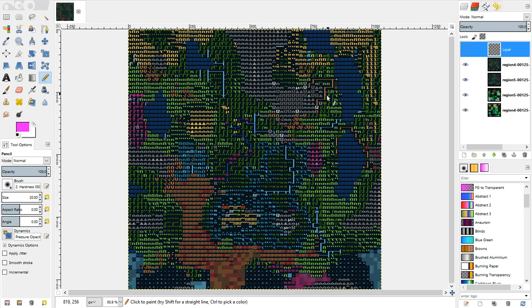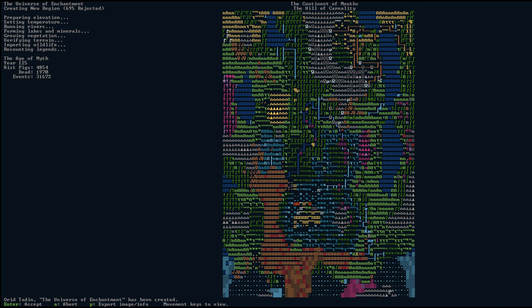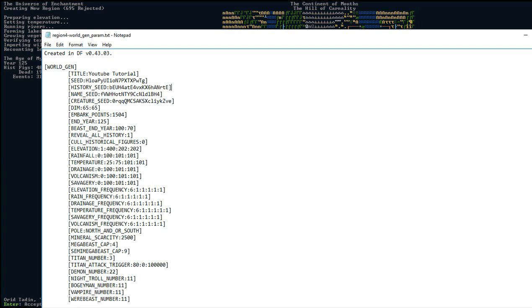So here, our dwarven civilization up on this mountain range was very limited. Here you can see there are a lot of dwarves up in here. So our civilizations are slightly changed. Our world is exactly the same. So it appears that